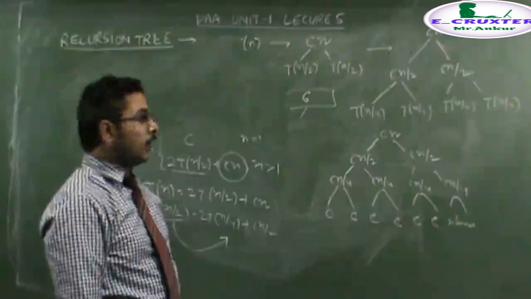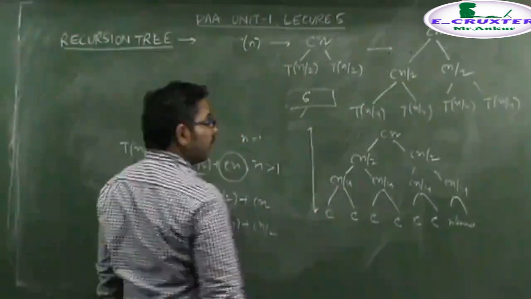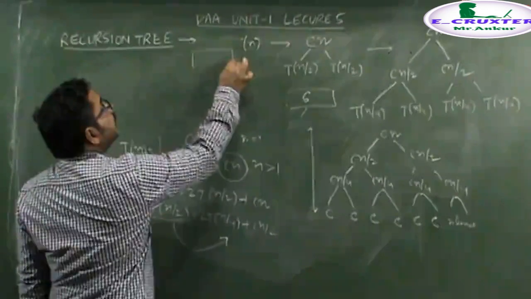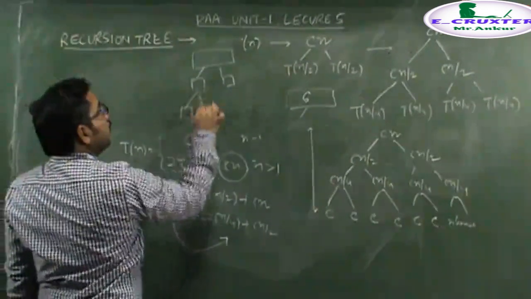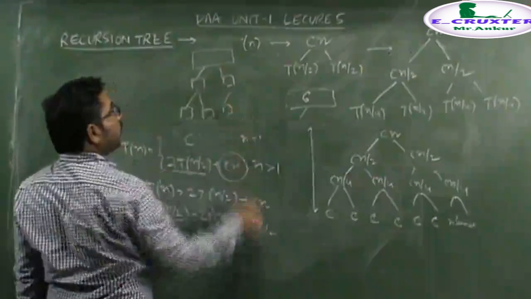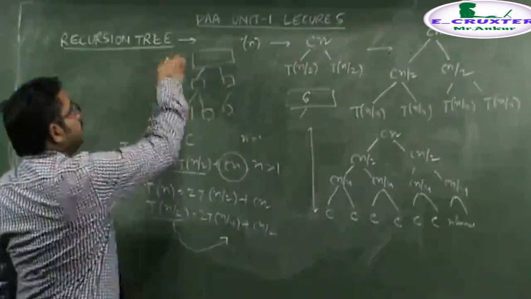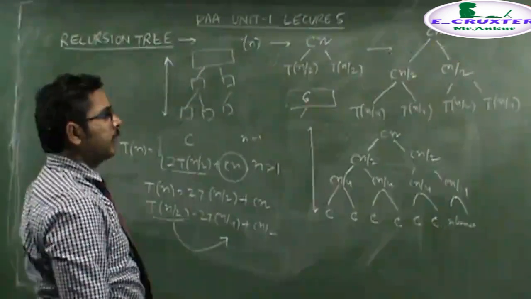The second step is to calculate the height of the tree. The height of the tree is denoted by the level at which, when we divide the original problem into sub-problems, it breaks into a single problem. That is, at what level we are breaking into a single element. This is the total height of the tree. Then how are we calculating it? We are calculating it easily like this.